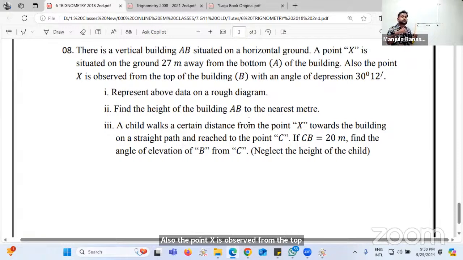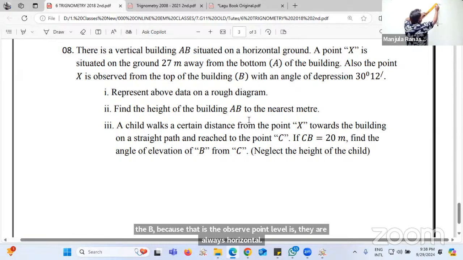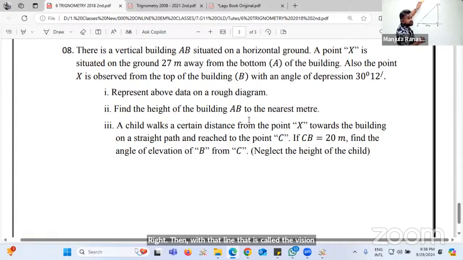From the top, observed means the depression is created. So you need to make an eye level at B, because that is the observed point. The eye level is always horizontal. Now it is looking at point X, so you have to connect BX. That line is called the vision line. With that line, the angle created is the depression, that is 30